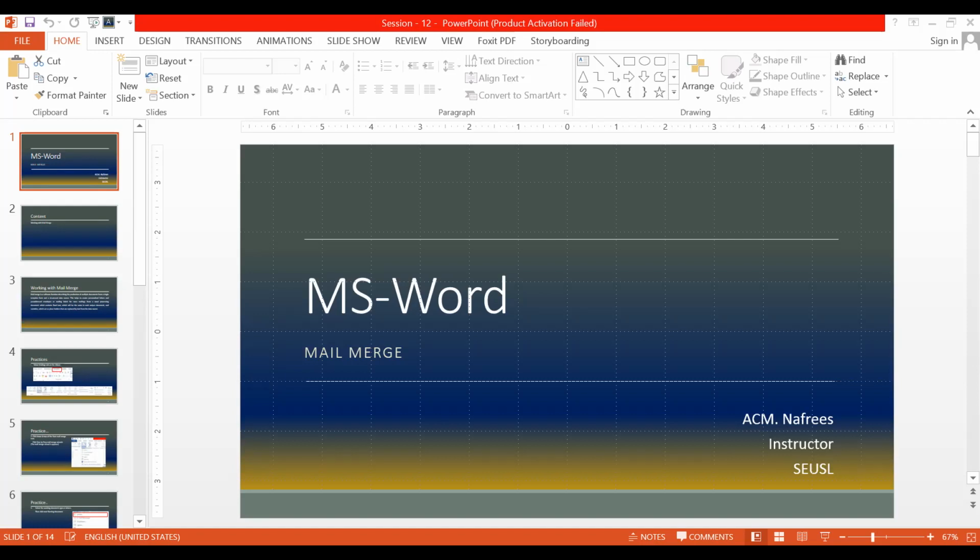Okay, now you have to say, we can use the Gmail contact for the recipient list. We can use Gmail contact for the recipient list.